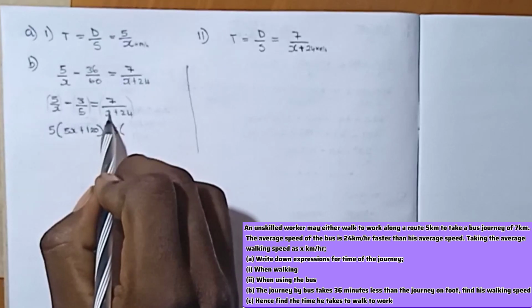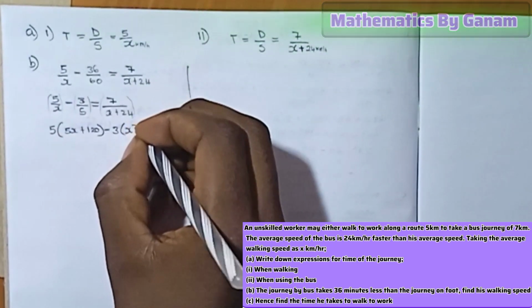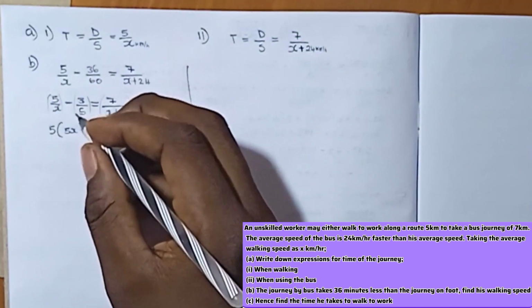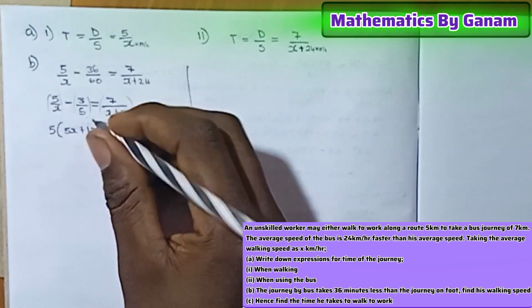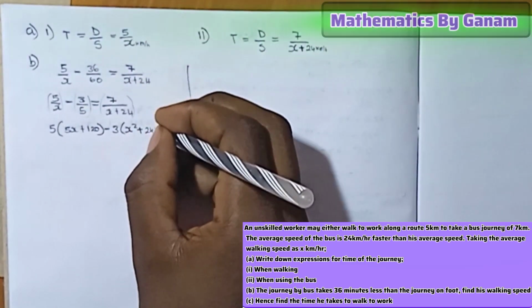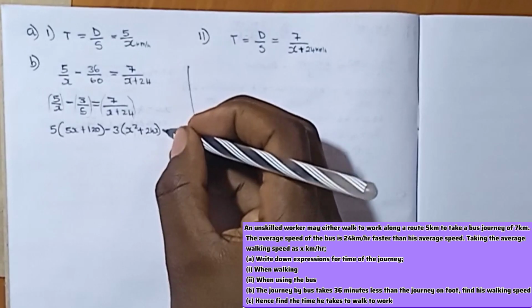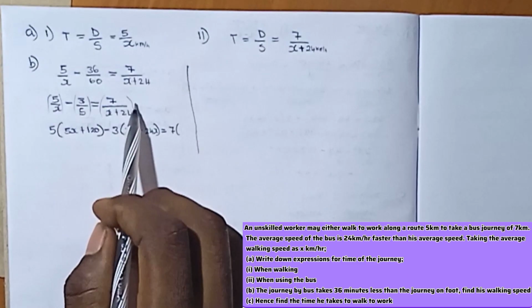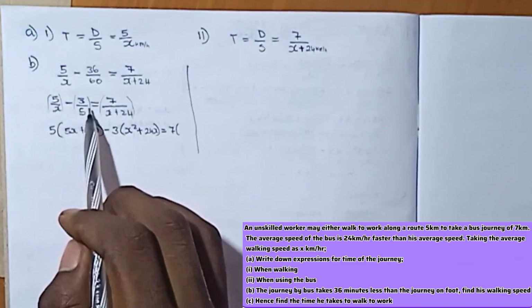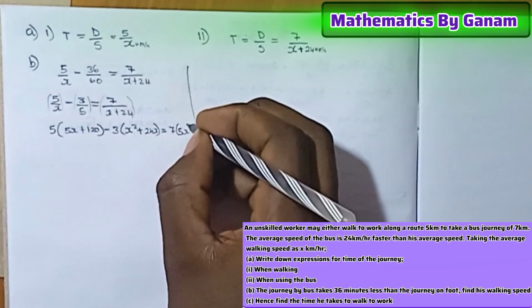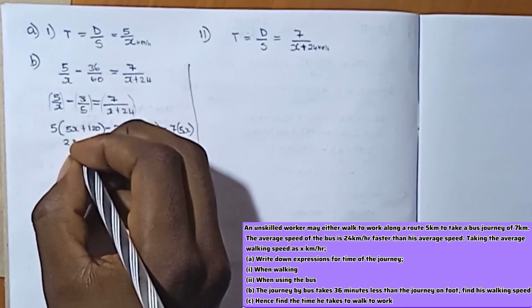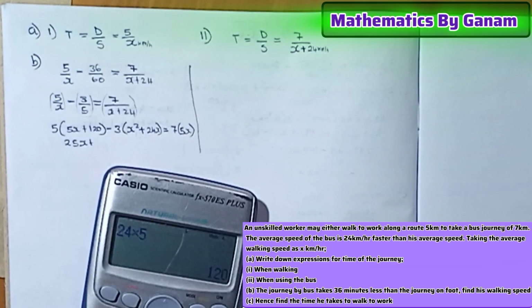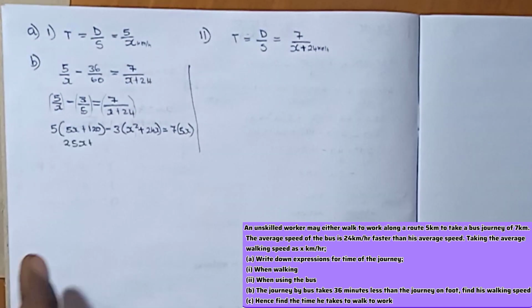So this x multiplied by x is equal to x squared. This positive will still remain positive. 24 multiplied by x is equal to 24x. Then is equal to 7 into bracket. This will cancel, multiply by the whole of this, so we are going to have 5x. So opening the bracket, we're going to have 25x plus 120 multiplied by 5. We're going to have 600